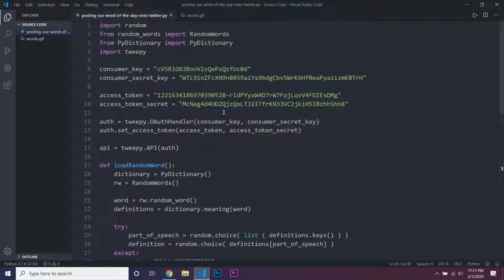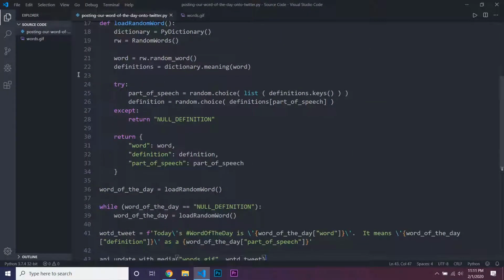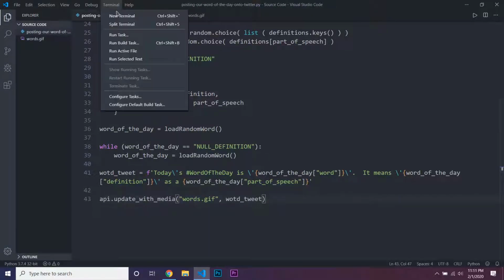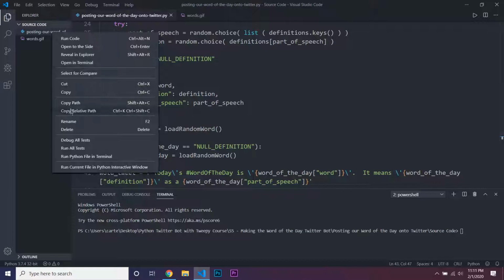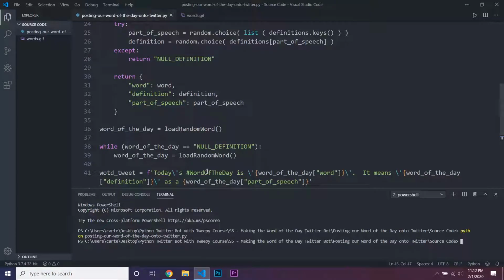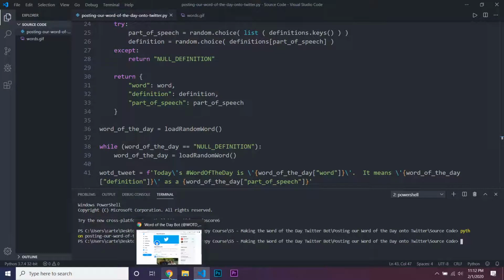And so now it's just going to print out our random word with its definition, and we won't have any errors because we already handled this in the last lecture. And so now we should be able to just run this program, and it'll post it onto our Twitter account. So let's see if this works. Python, and then put in the name. Okay, so this will probably take a little bit longer, and now it's run,